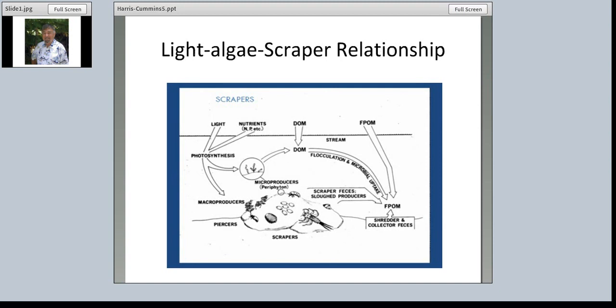Just a diagram to simplify the general relationship. I just wanted to put this up. Here's the light, which is driving this part of the system. The major invertebrates that are responding to that are called scrapers because they feed primarily on the algae that develops on the surface of rocks, for example, in the flowing water. So the light, get the arrow here. The light is the energy driver causing algae to grow and then fed upon by invertebrates who are adapted to remove that rather tightly attached algae from rock and cobble and gravel surfaces in flowing water.